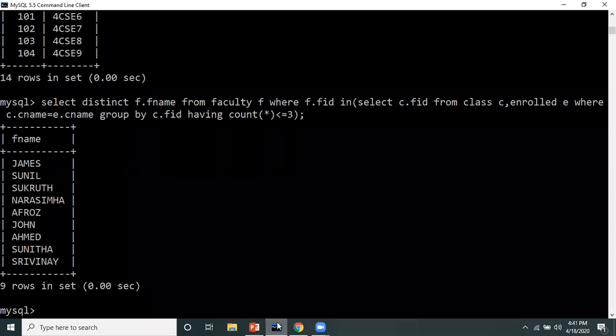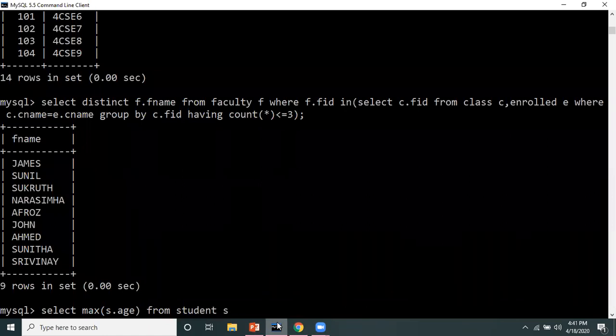Okay, so if I do this without a nested query, how should I do it? I should write select. I'm doing this without a nested query first, then I will do it with nested also, so it will be clear. S dot age from the student table, because age is there in the student table.